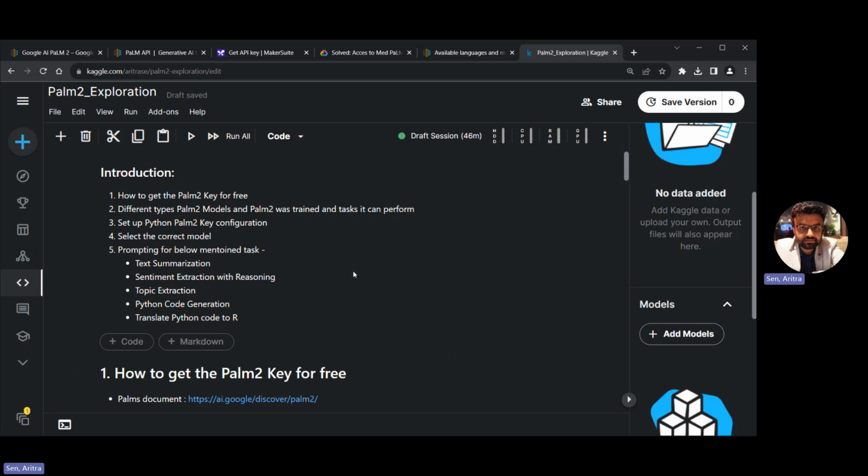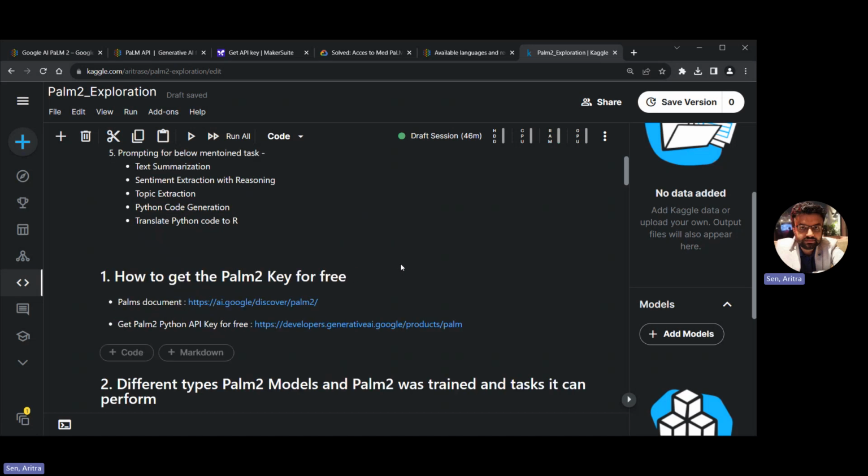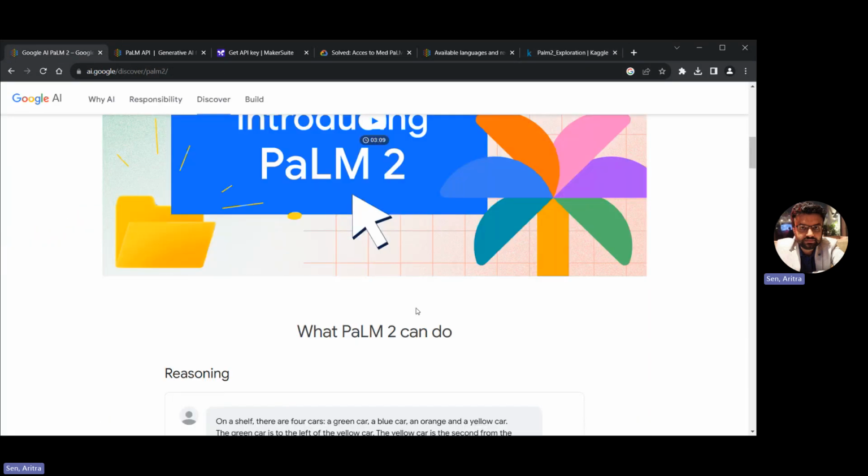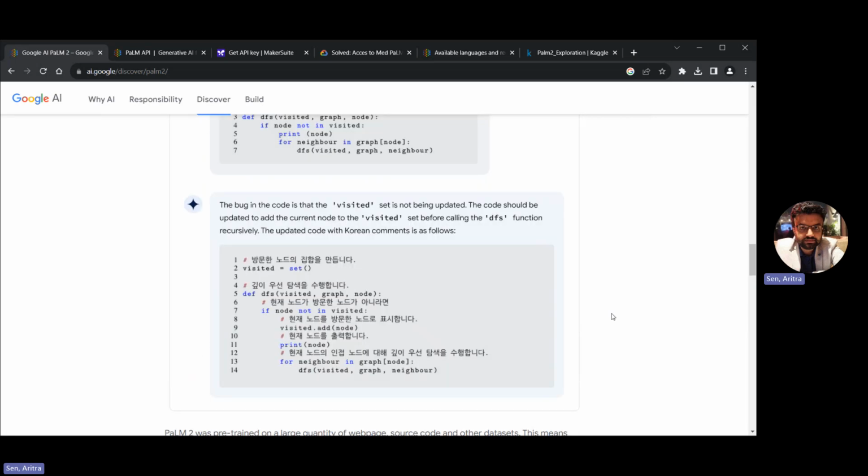Okay. So now let's start with how we can get the access key, right? This is the document which you need to visit first. I will mention the link of this tutorial in the description of this video. The code which I'm running is inside a Kaggle notebook, but you can also run this code inside Google Colab. So first you need to go to this location, and if you go down,